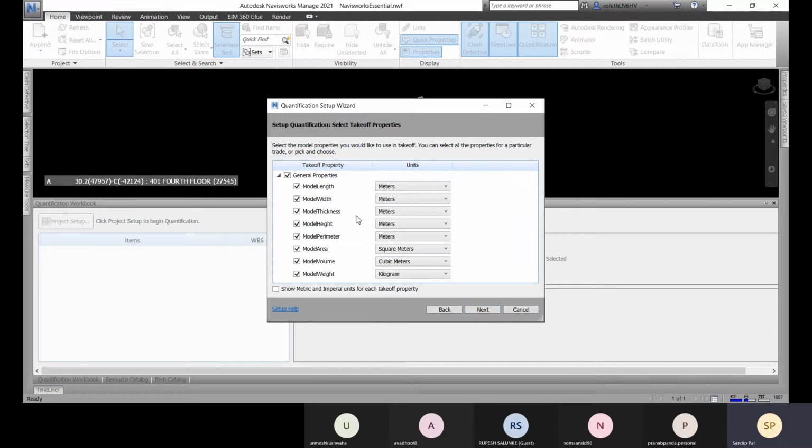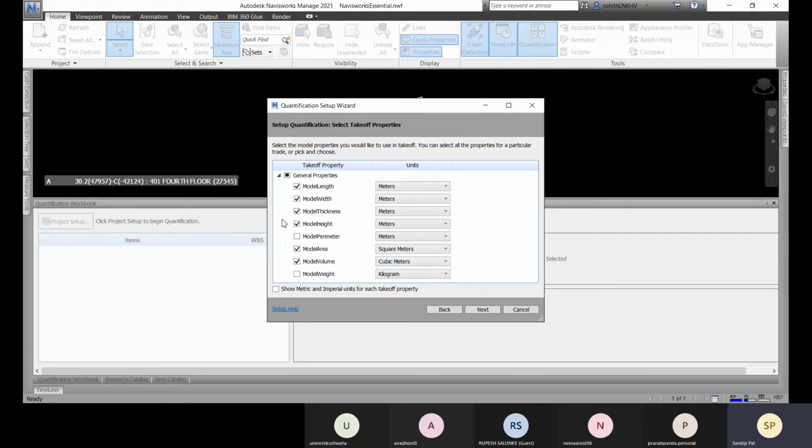Then the properties, if you want to check or uncheck anything, like the model thickness or the width or anything, if you want to uncheck them, like the model perimeter, I don't need the model perimeter. And the model weight, I don't need also.